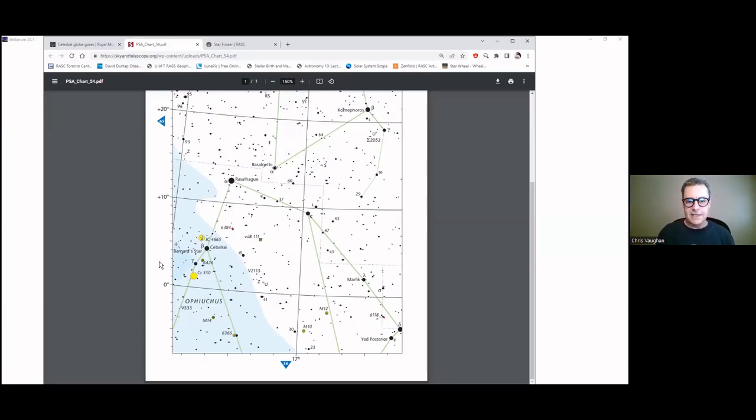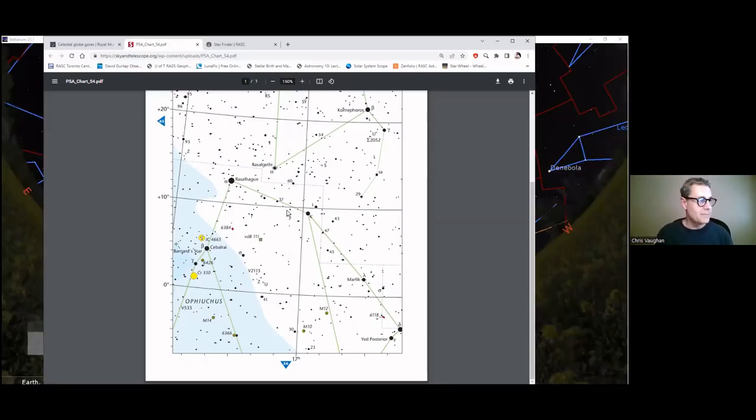So you might want to do one for binoculars, which would be bigger. And then if you've got something like a 1.5 degree eyepiece field of view, then you can make something